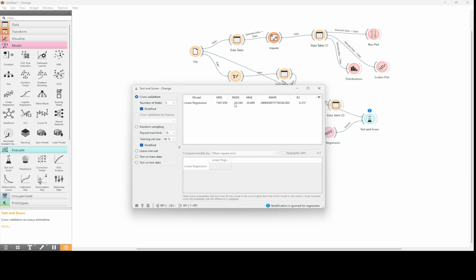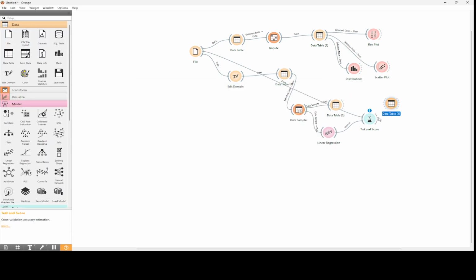As the values get too high, the attributes and the predictions the model creates are not related to each other, or they are far away from each other. For example, here we can see the test and score.